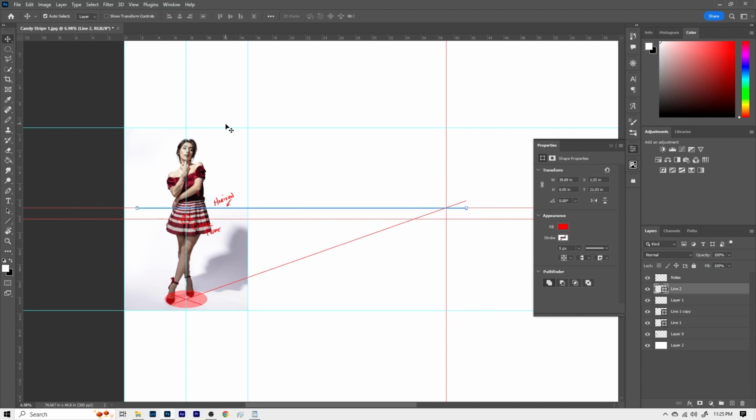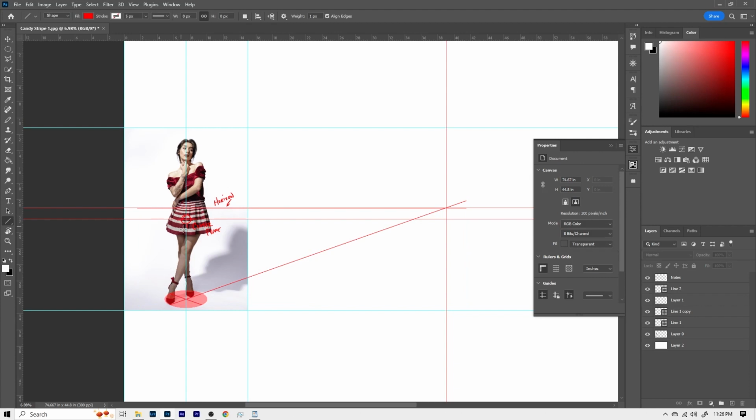So you can kind of see what's going on. Proving some of this stuff, let's take our line tool and let's pull out from here and look at how our eyes are laying. So our eyes are laying right on target with that line. And down here, this line cuts right across the fabric of her ankle.